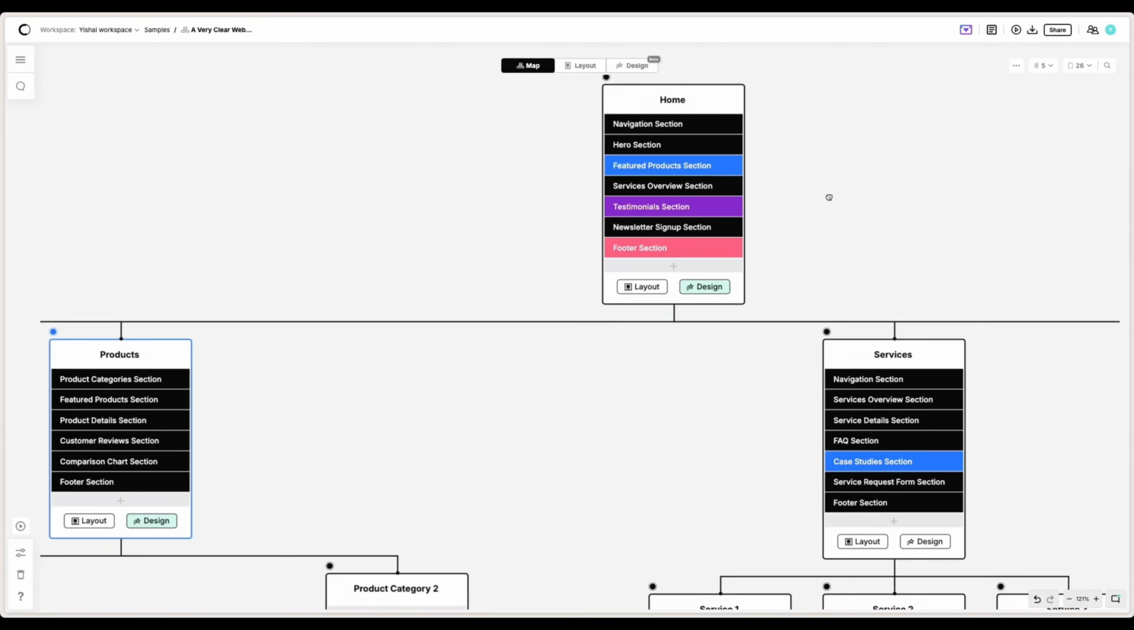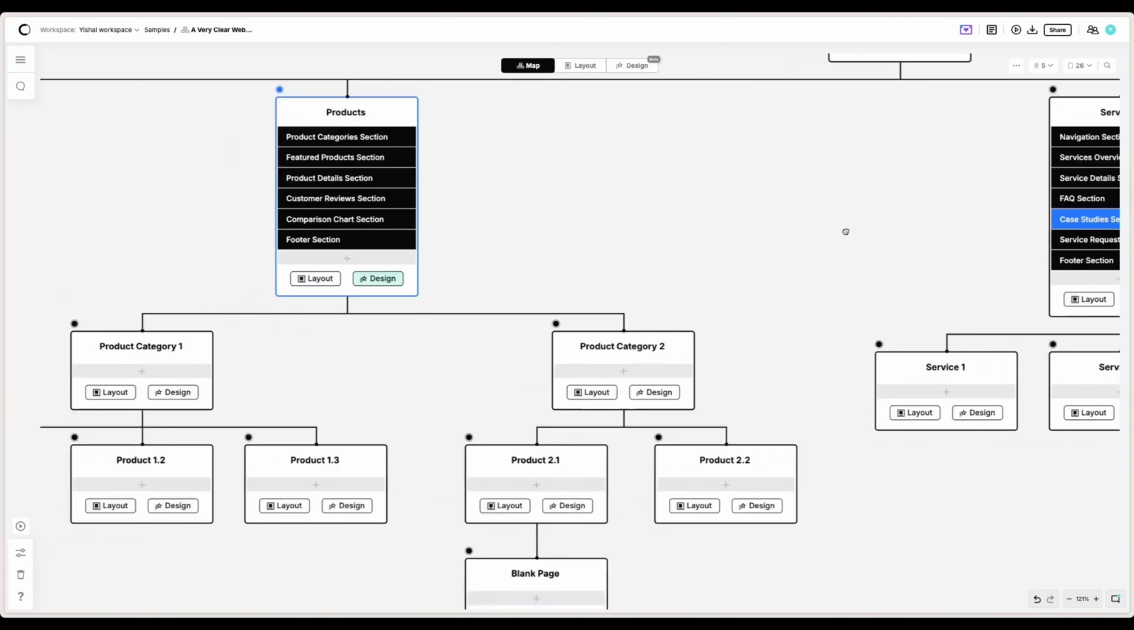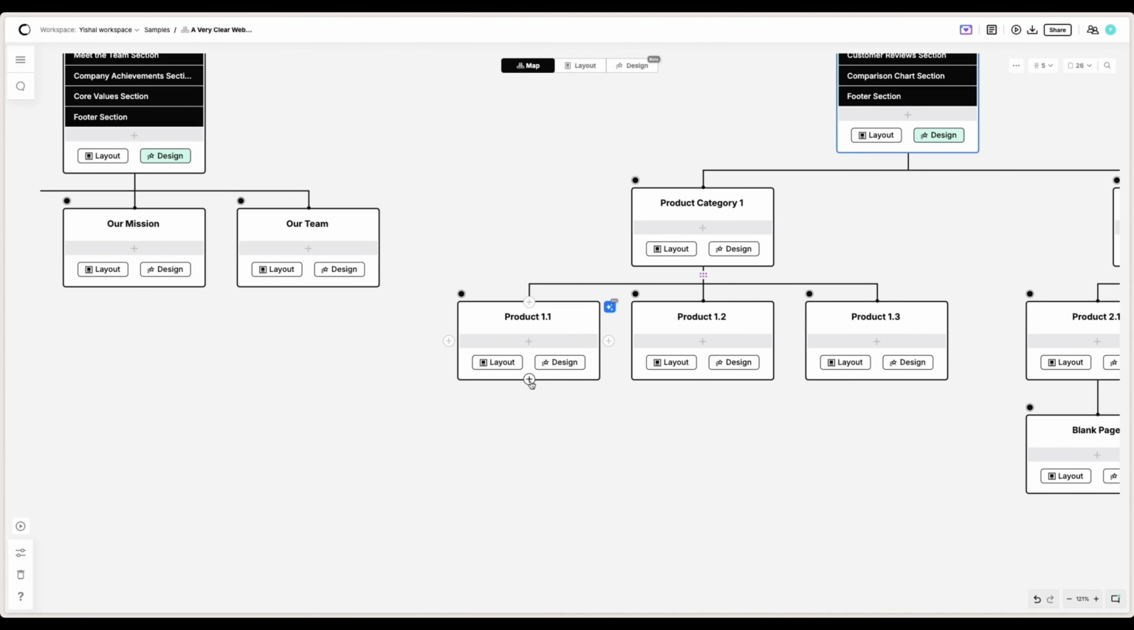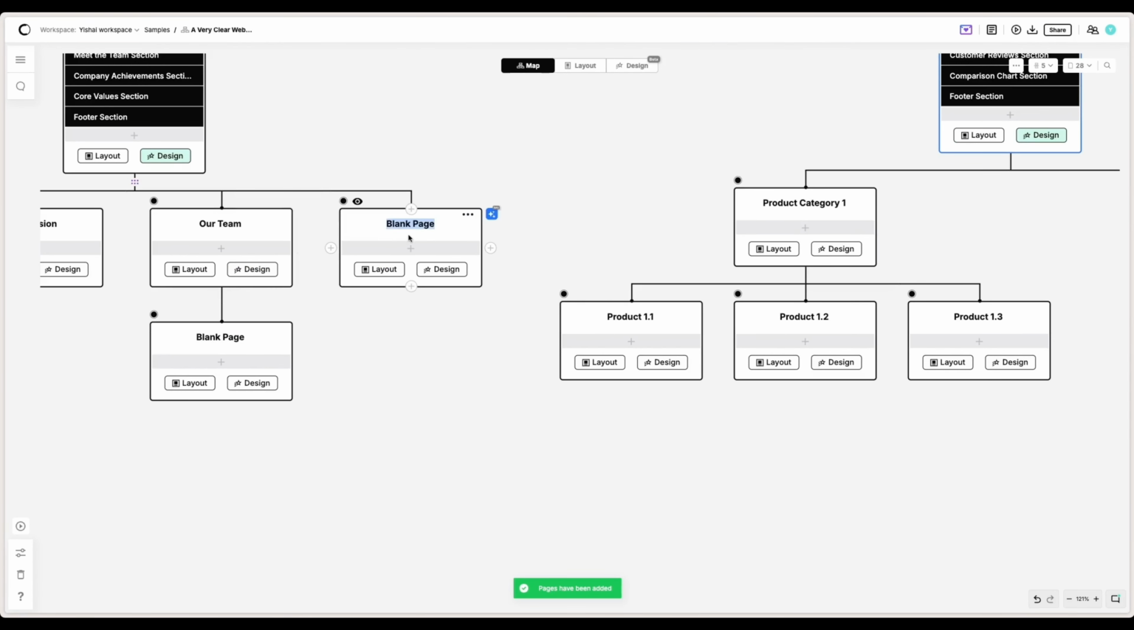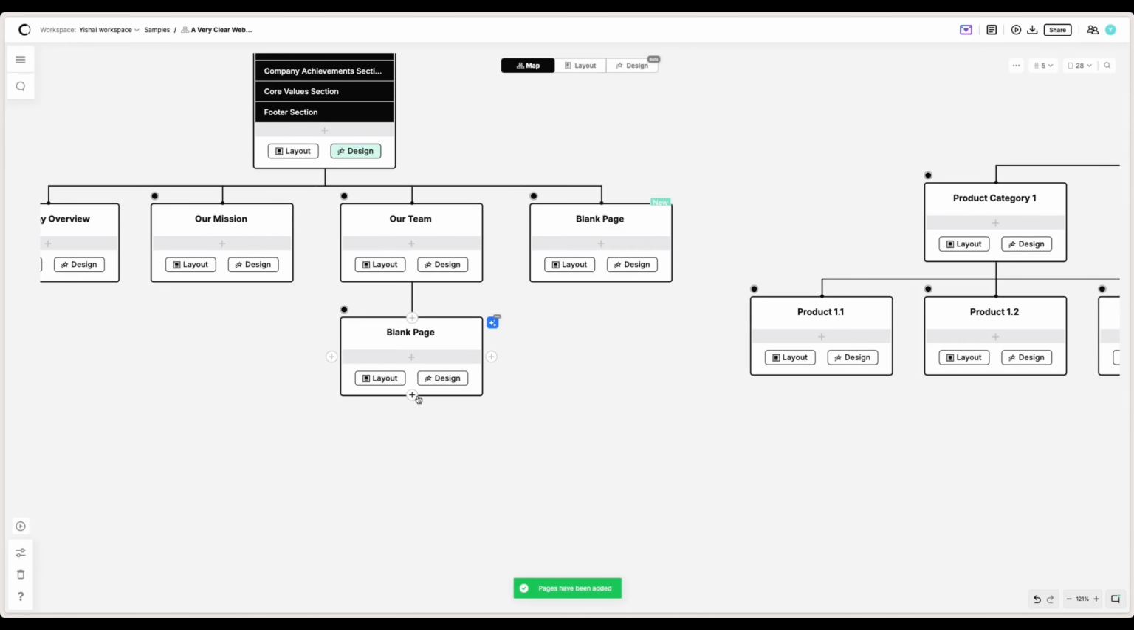Now let's look at what it looks like to create new items on the map. So if you hover your mouse over any page, you have these options. You can click plus on any of the 4 edges, and that's going to create items above or below. Now, typically you're just going to click blank, and that's going to create a blank page. In this case, below. You could create a blank page on the side here, but you could also click plus